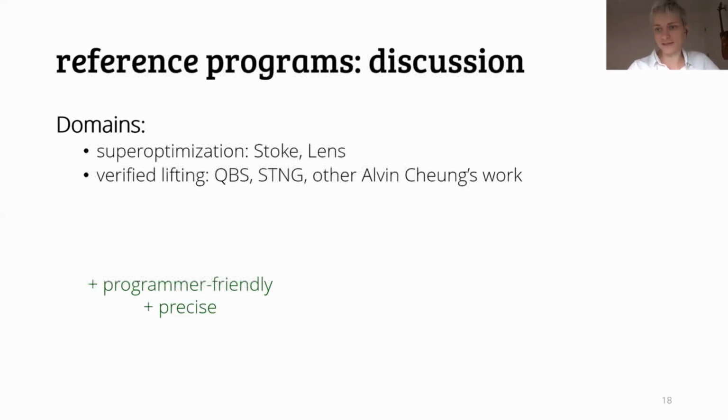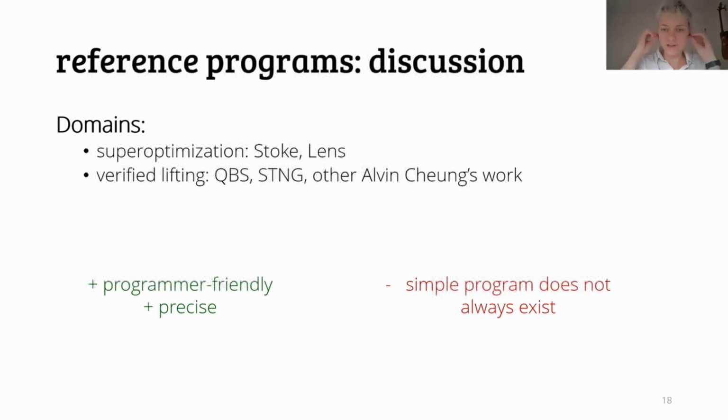Programs are really precise, so there's basically no ambiguity. We know exactly what the program should behave like. On the other hand, this mode of specification is only applicable if there is some kind of simple program that we already have, and that's not always the case. For example, if I wanted to use this mode of specification for something like flash fill, that just wouldn't